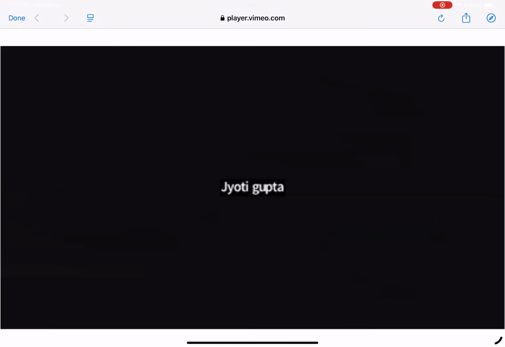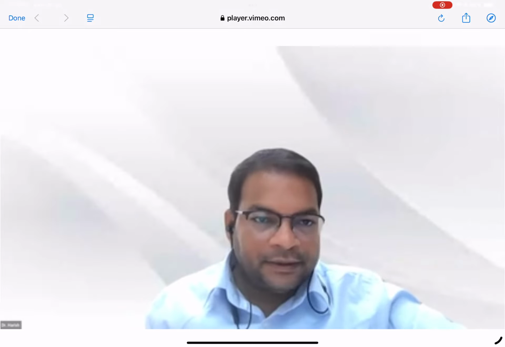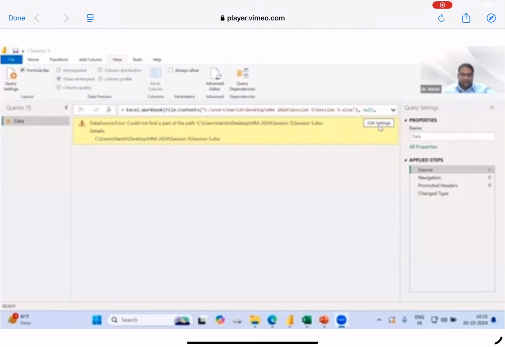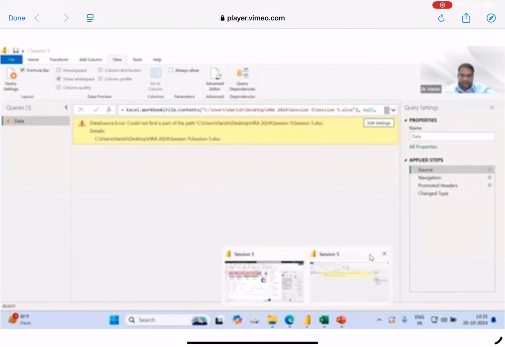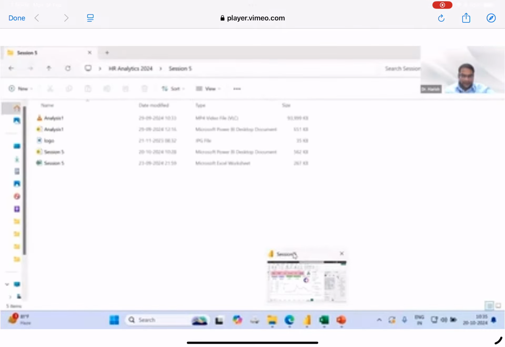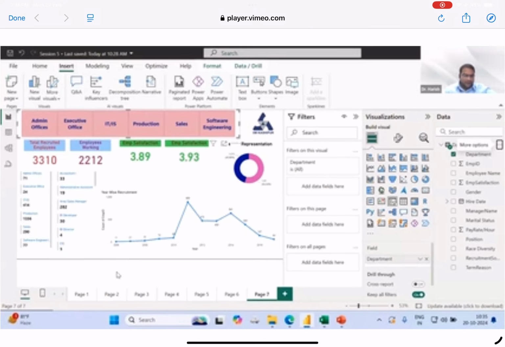Okay, so let me share my screen then. Something is there, maybe it is not getting the right file path today, so I will correct that also. But the process is the same. Let me close this and this one. Right, so just to complete that one,